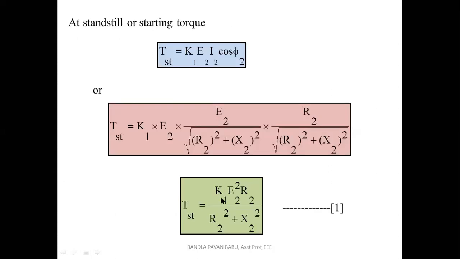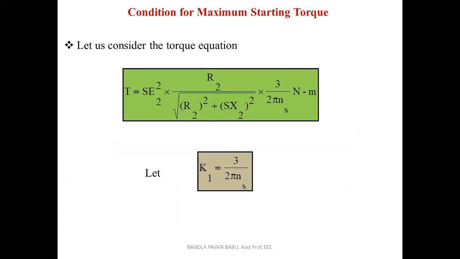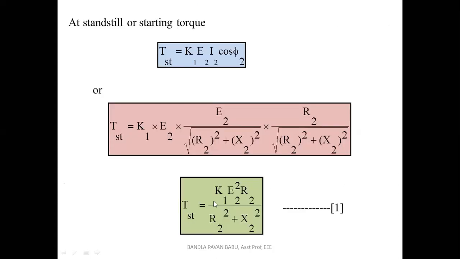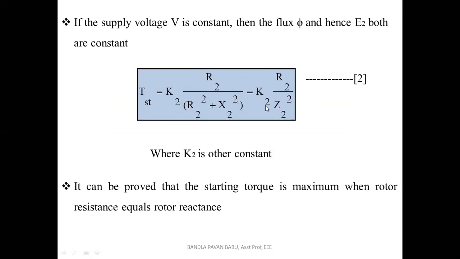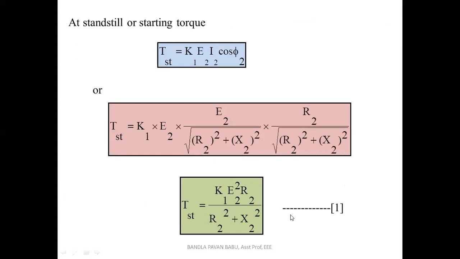So this equation also we have achieved from the earlier one. Right. So here actually we get K into E2. Look at this equation. Here we get K into phi, so that again we have reduced to another constant K2. So no need to worry about this. This is just a substitution of the E2 value. So first consider this equation 1 only. We have to focus on this equation.